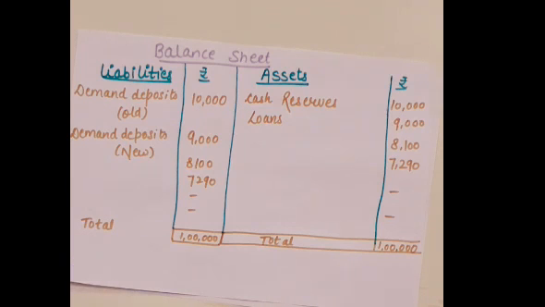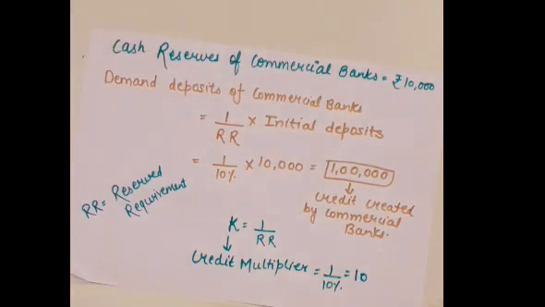Now how have we got this 1 lakh? See, there is a procedure that in the initial cash reserves or the primary deposits were ₹10,000. Fine. Demand deposit of the commercial bank. Now how to calculate the demand deposit of the commercial bank? And this means that the bank, from the deposit that came at the start, 10,000 rupees, how much loan has it created in the market, how much credit has the bank created in the market? How to calculate that? That is, the formula is 1 by RR into initial deposit. RR means reserve requirement. Fine.